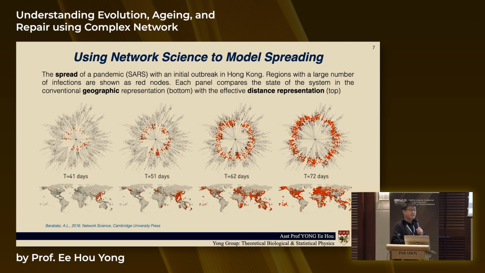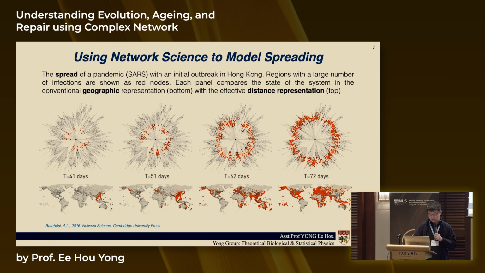In this case, the nodes are individuals, and the links are basically people who have interacted with the patient, right? So you can see, if you reorient this very huge complex network, you can see this propagation of infection across it, right? So it becomes kind of like a wave that's spreading. So you can see that there's a lot of richness that can be discovered through this kind of framework.